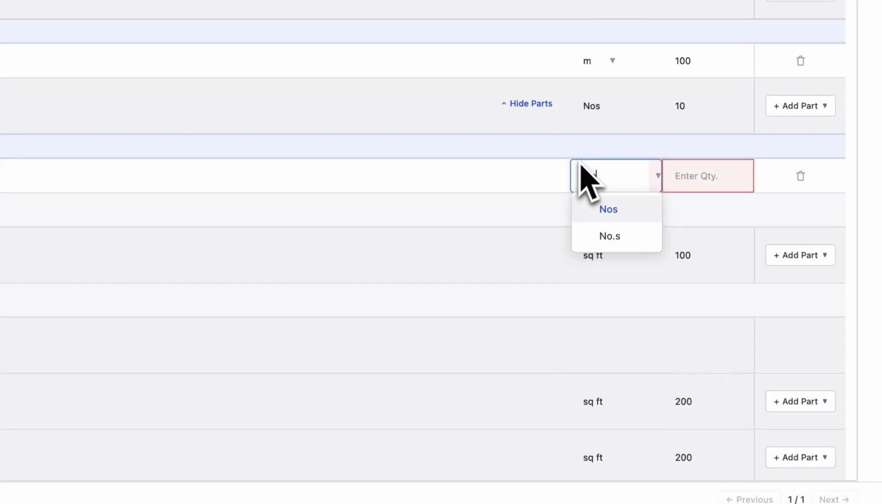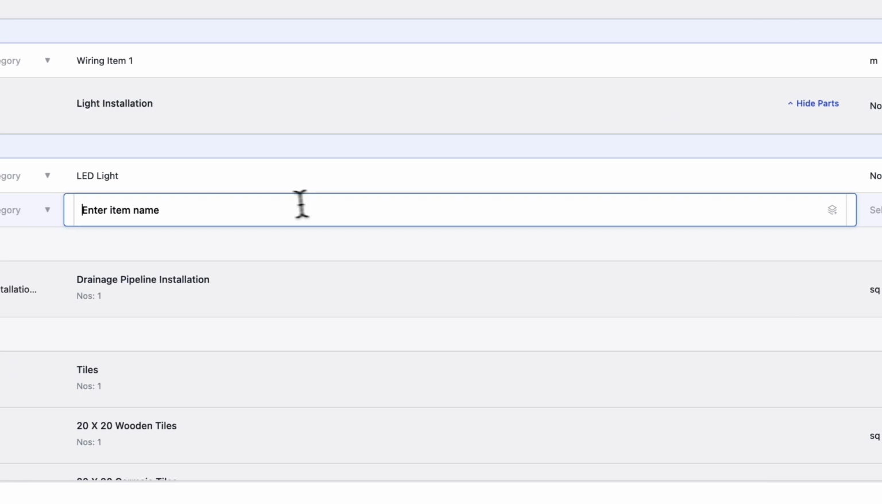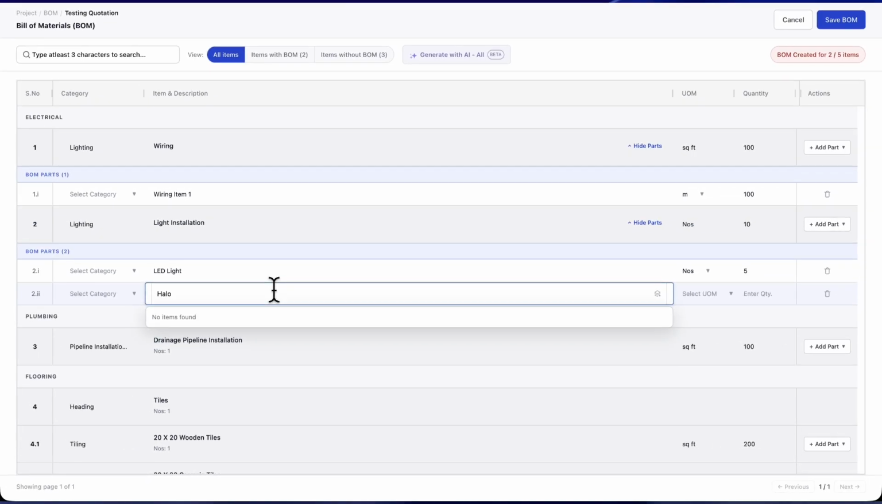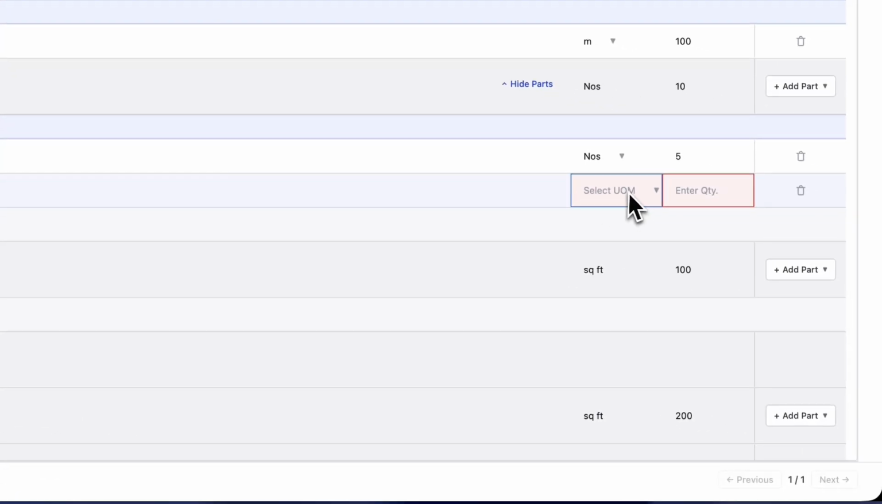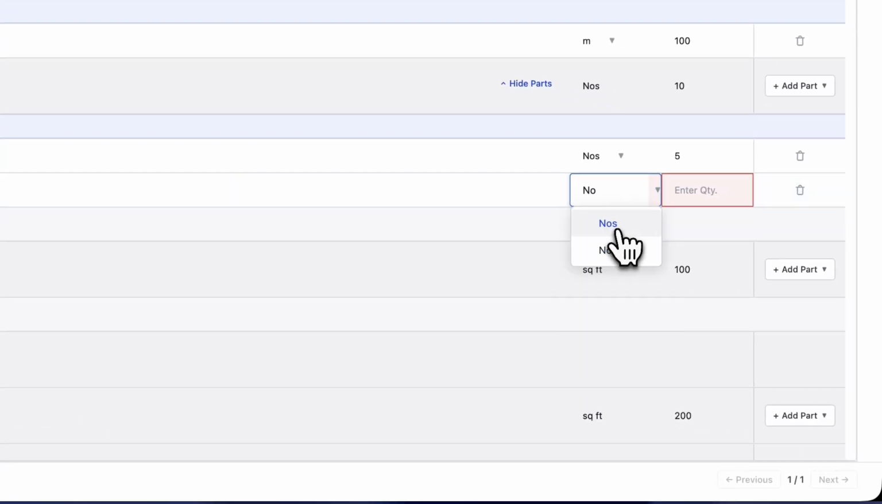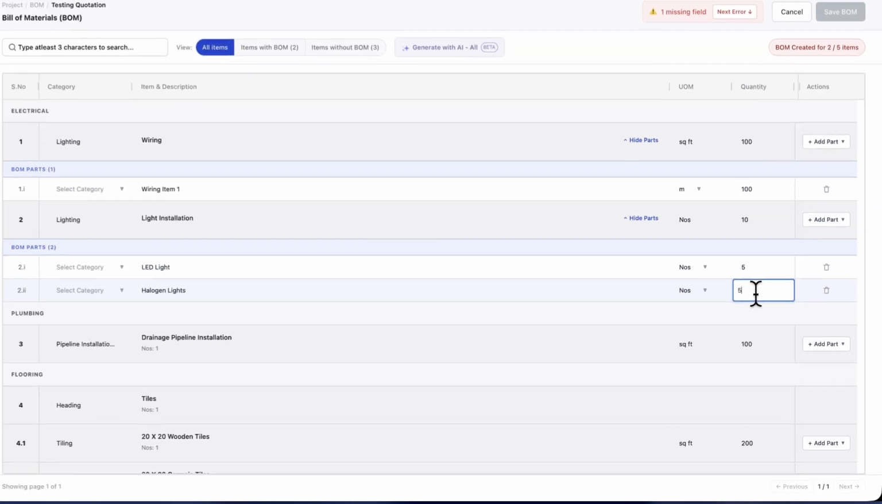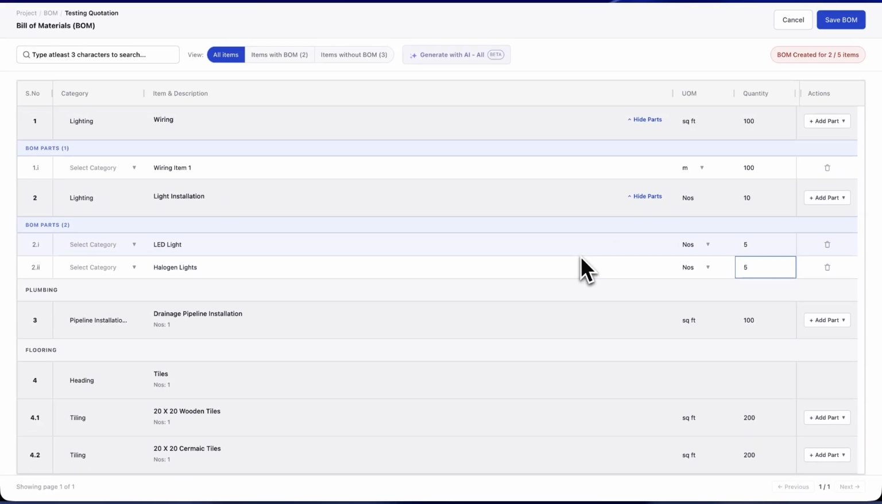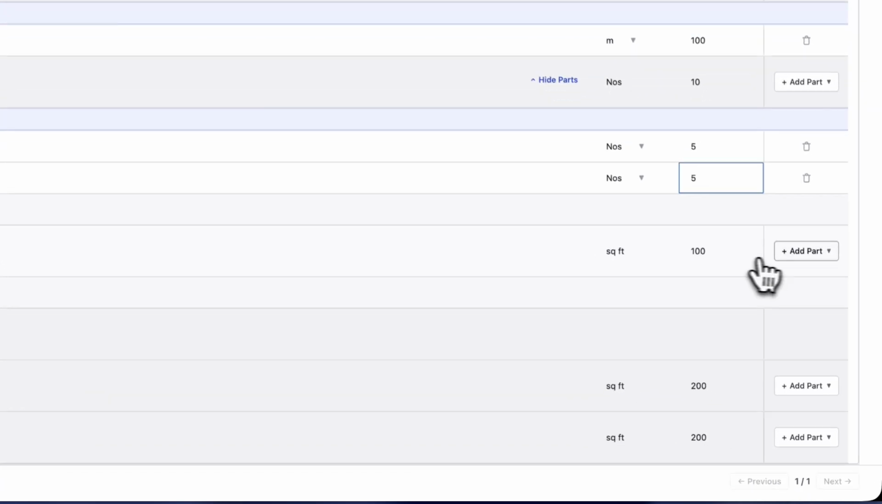The UOM would be numbers, those are 5, and you can also add another part that could be, let's say, halogen lights, right? Again, this thing would be numbers, 5. If you are unsure of what BOM item has to go under what, you can simply click on add